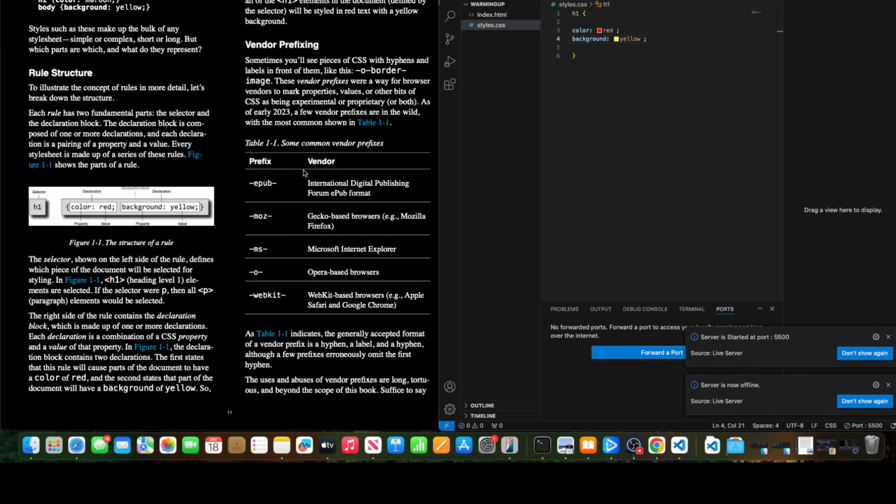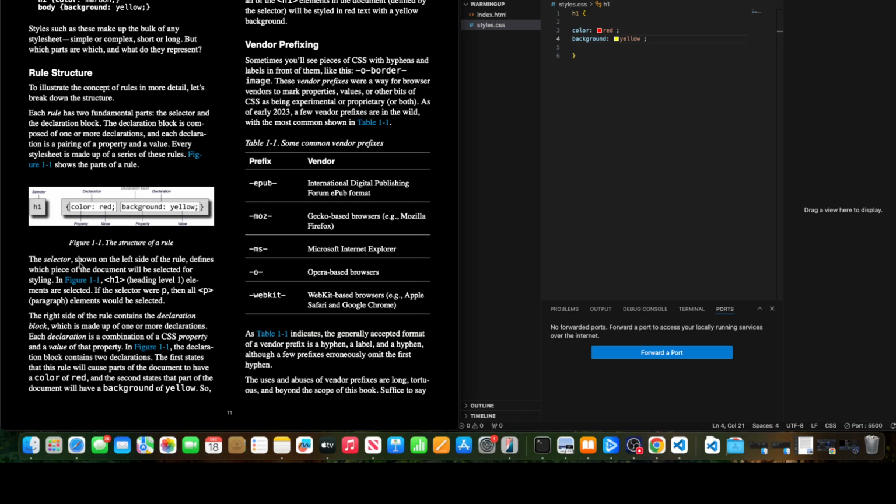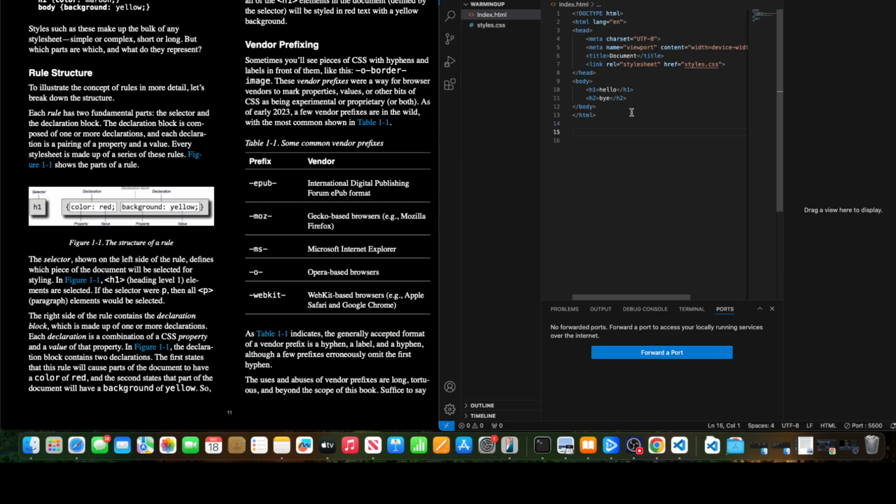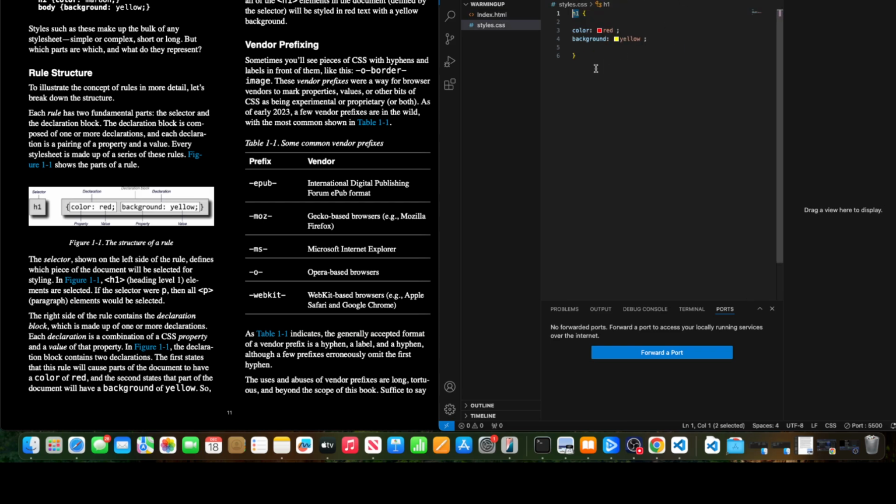in our browser here we have hello, and you can see the styling has been applied to it. Now what do we mean by a selector? A selector indicates which part of the HTML document the rule is applicable to. For example, here we have selected h1, which is this element, and in a similar way we can do it for h2 as well. So if I say h2 color is green,